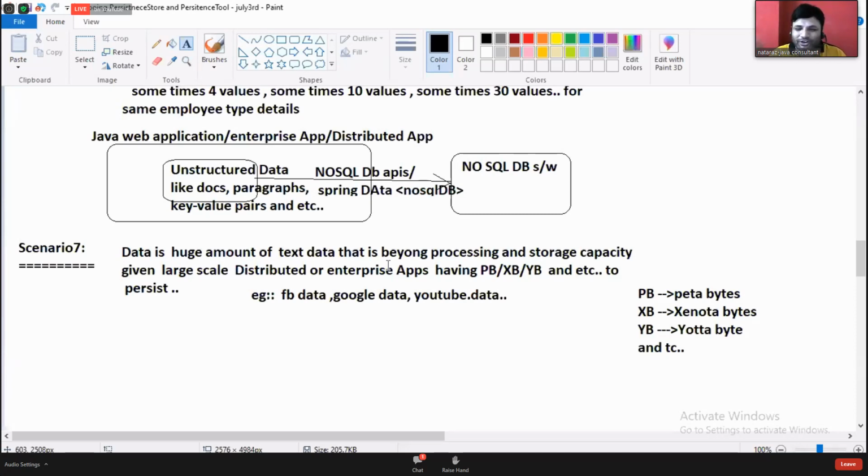So though videos, audios, images are there, don't worry. We don't consider those real files as data. We consider their locations as the data pointers. They will be stored in the regular hard disk, regular file system, but their locations will be there in our SQL or NoSQL databases. Only their addresses will be there in our information.